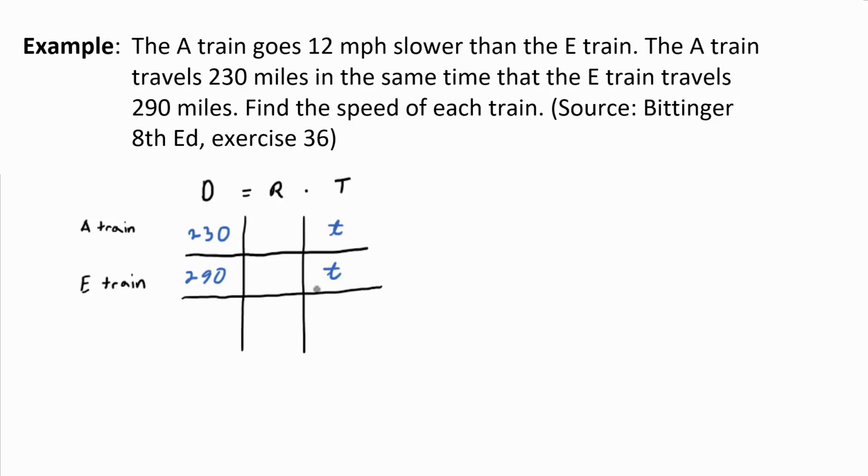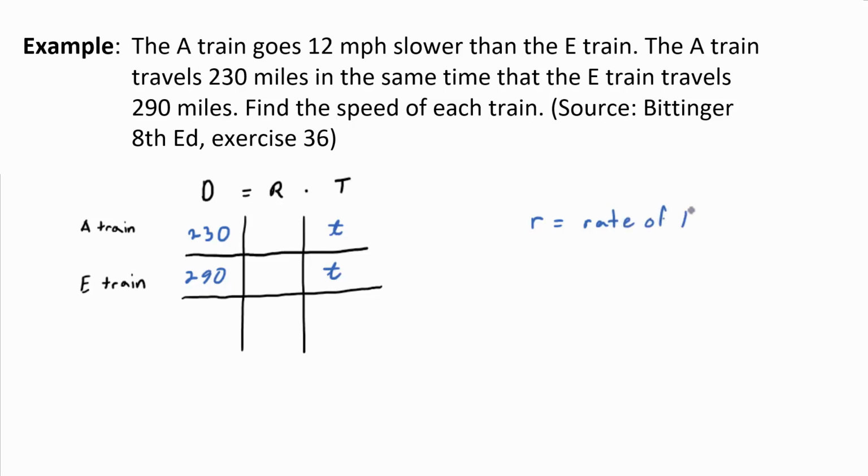Okay, now what about the rate? Let's see, the A train travels 12 miles per hour slower. First sentence, right? Then the E train. So the A train's rate is being compared to the E train's rate. So we're going to call the rate r, but the rate of which one? Little r. Yeah, since you're comparing the A train's rate to the E train's, you're going to want r to stand for the rate of the E train because that's what you're comparing the other one to. So r equals the speed or rate